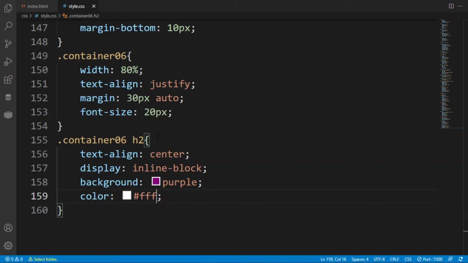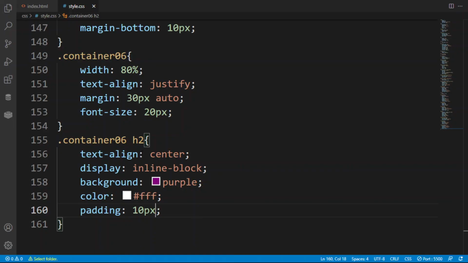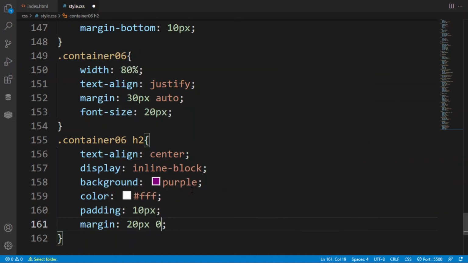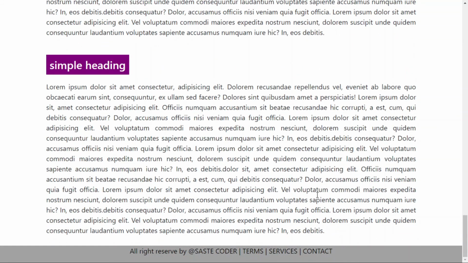After giving the white, I want to give the margin from top so that there will be a separate sentence related to this, giving the padding of 10 pixel. So there is some beautiful content that we have created. Now after that, you have to create the margin 20 pixel from top, and left and right will be 0, so that there will be a gap between headings and paragraph. Or you can increase its value to 35 pixel and 0, and again 20 pixel and 0. After saving it, as you can see, you can change it according to your choice.